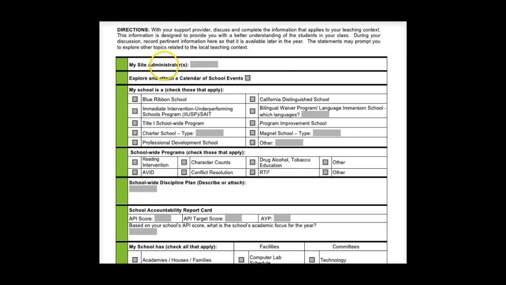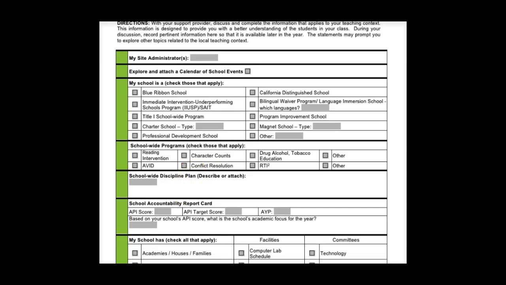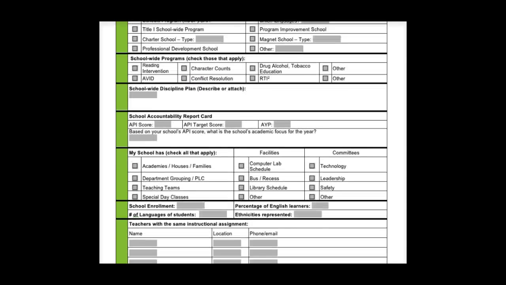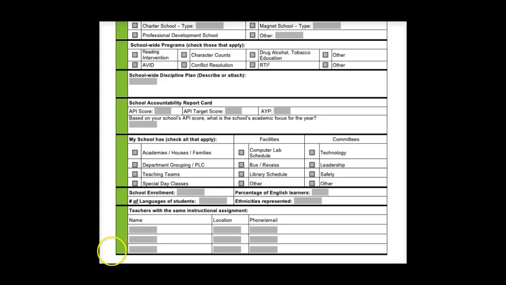Many times what we find, as you well know, as PTs are completing this particular form, they're doing so with the support and help of their support provider, and that can lead to some incredibly valuable conversations, particularly around API scores, what types of resources are available at the school or within the district. Part 2 will go further into how to review the